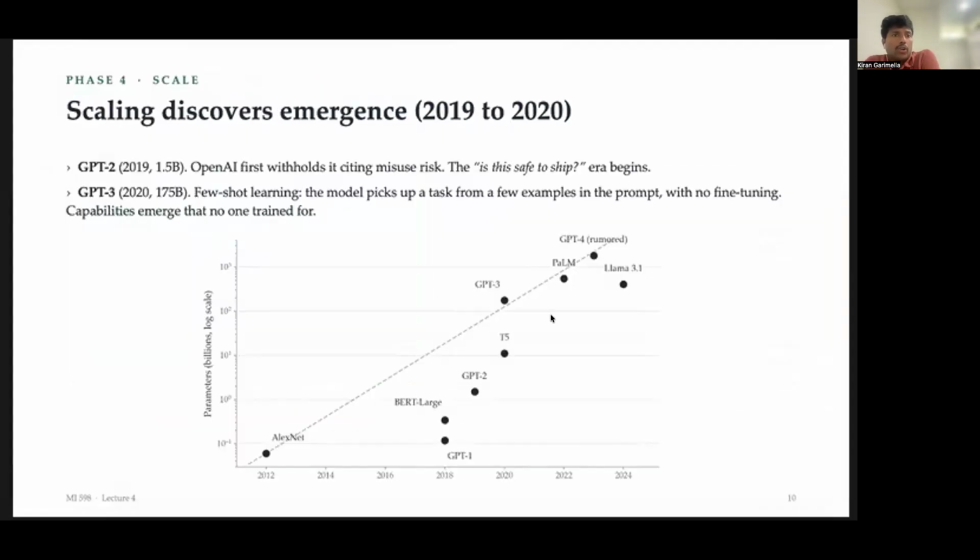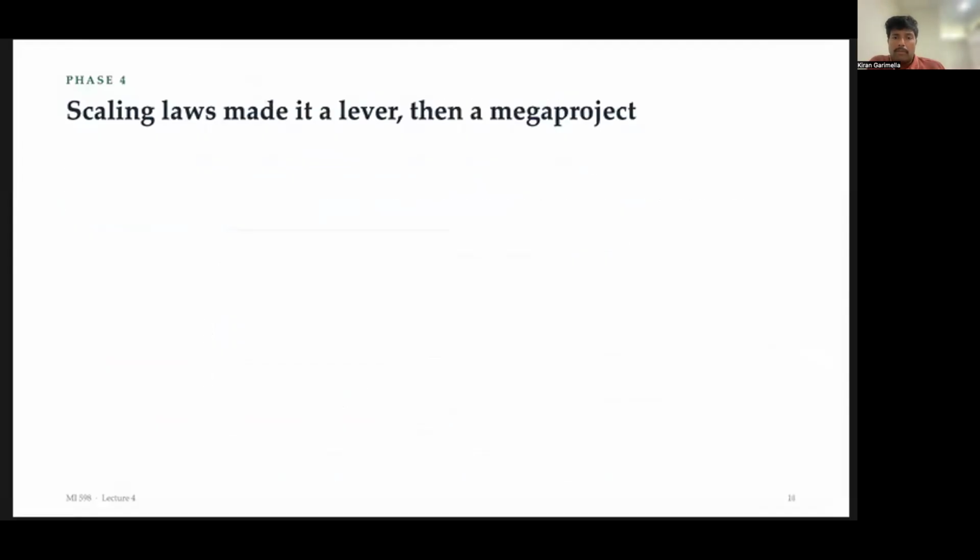So then we discovered this sort of scale. GPT-2 was a 1.5 billion parameter model. GPT-3 was a 175 billion parameter model. Again, this is the scaling law that I was talking about. I mean, this cuts off at 2024, which is already ages ago now. But the number of parameters in the billions is really, really increasing, and that really increases the performance as well.